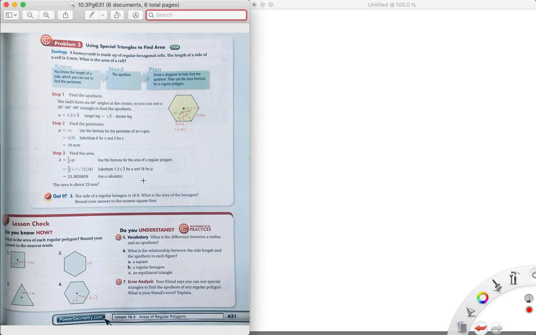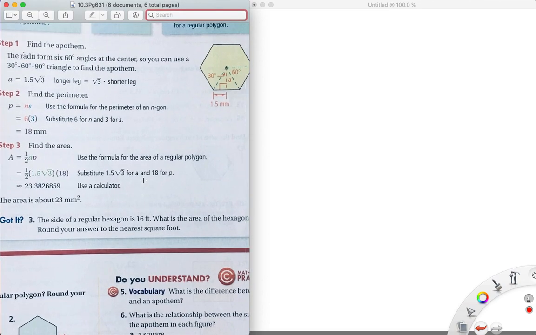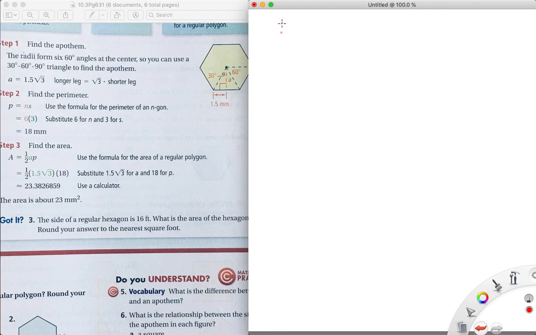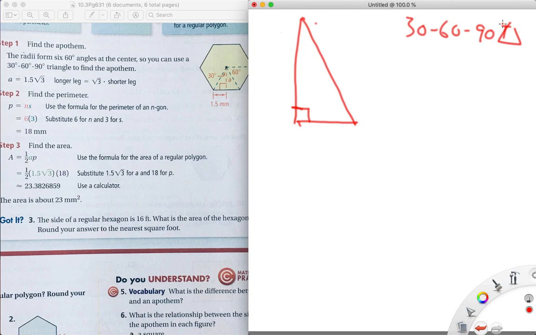Alright, so remember, like I said in the previous section 10.2, we're going to do a lot of 30, 60, 90 triangles. We're going to do a lot of 45, 45, 90 triangles. So to refresh your memory again about a 30, 60, 90 triangle, I know that